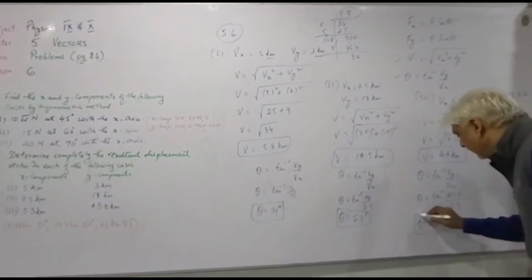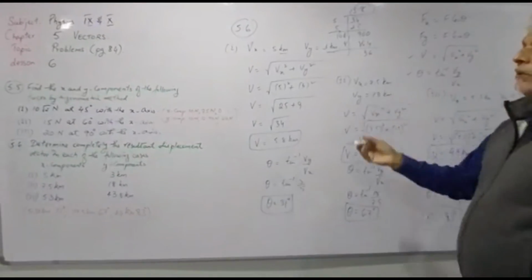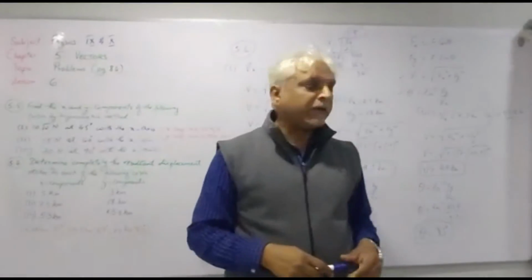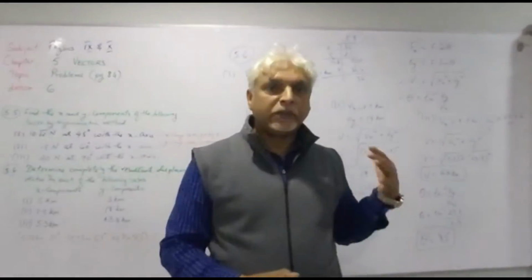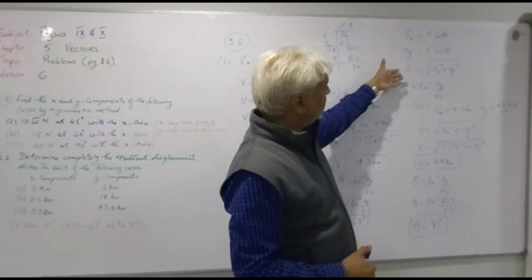There you are. So this is how you use these formulas to solve the questions on vectors using trigonometric ratios. I would recommend you watch the derivation of how you get these equations for Fx, Fy, the resultant vector